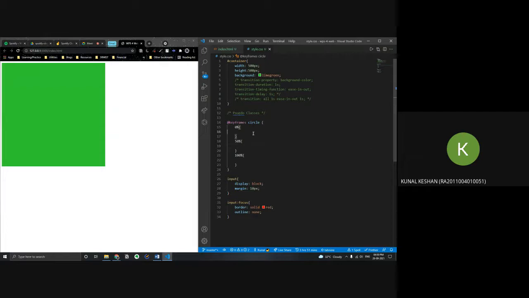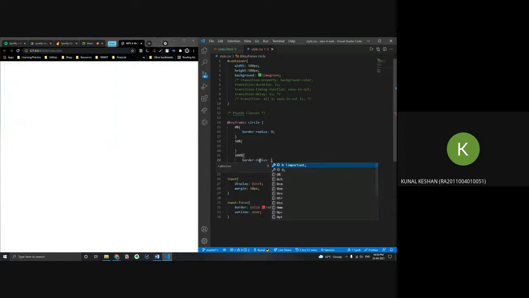Okay. So say the circle. Initially it'll have no border radius. At the end of the animation, you want it to have a border radius of 50%. That is basically a circle over here.